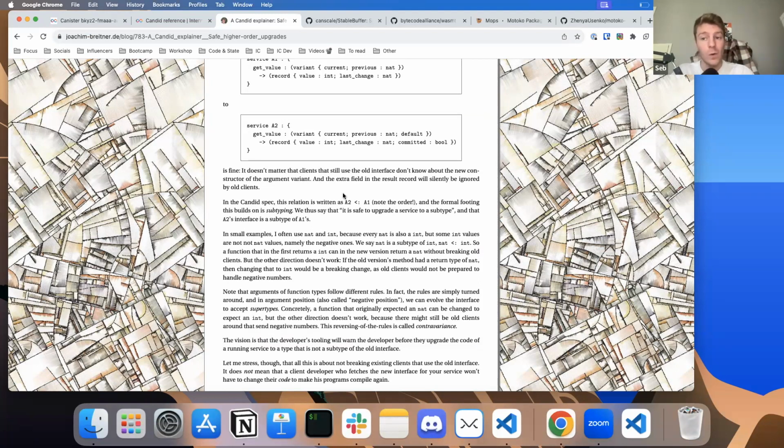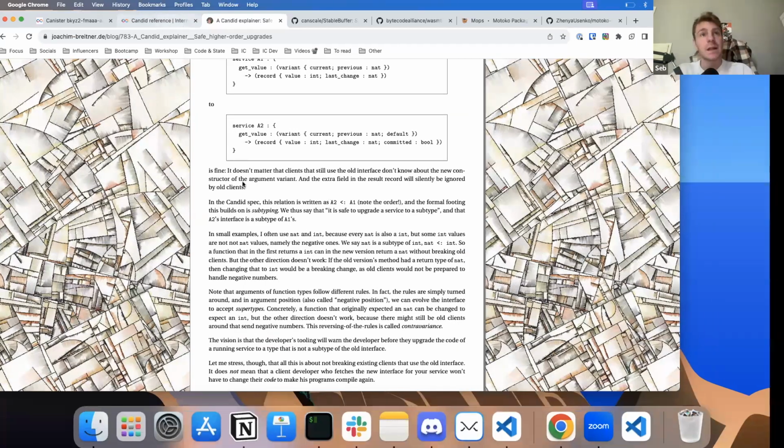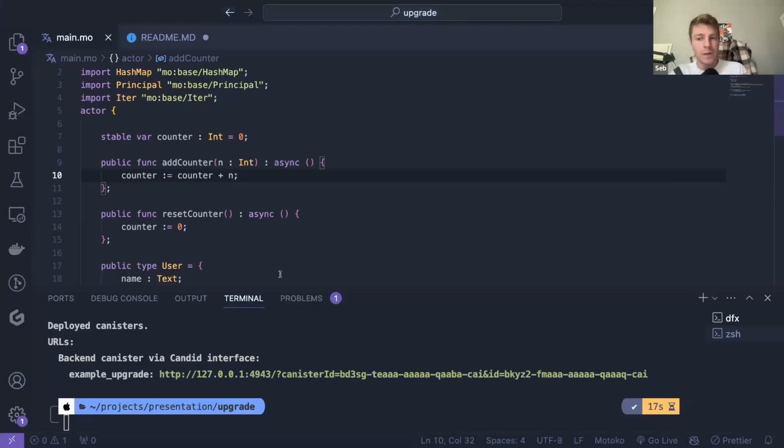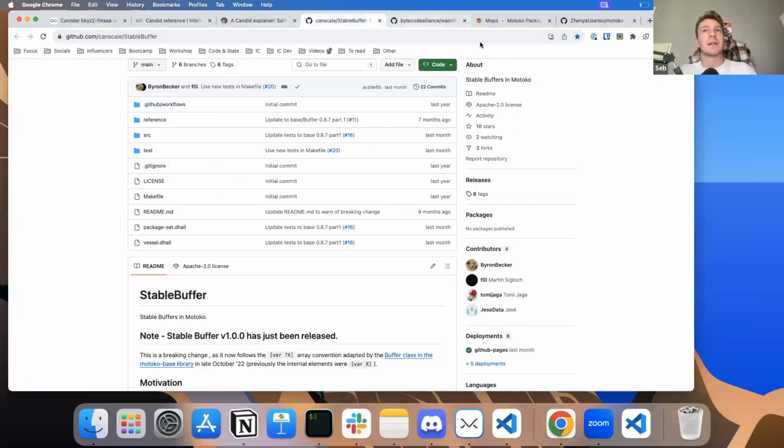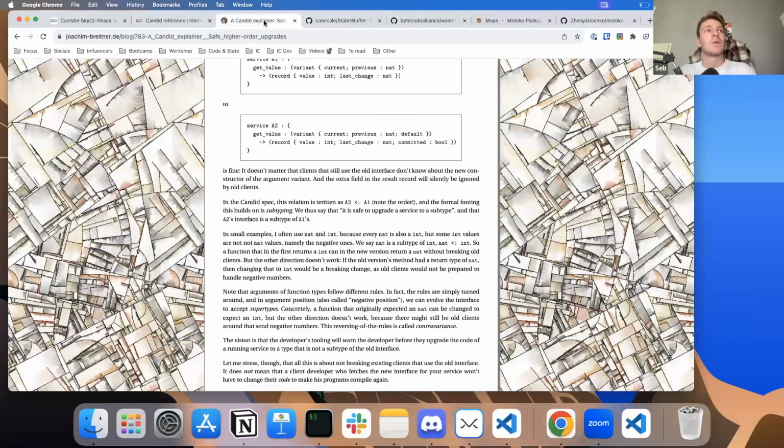That's one of the main reasons that Candid was invented: to check the changes that you make to your interface. And if some changes are against the rules, or they will break some of your clients, you will receive a warning message. And so, as you can see, we have